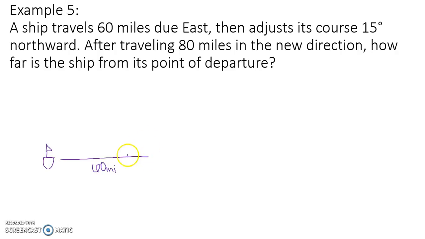So if I'm traveling this direction, and I turn 15 degrees northward, that's where my new angle is, or my new course rather. I have traveled 80 miles in that direction. I want to know how far is the ship